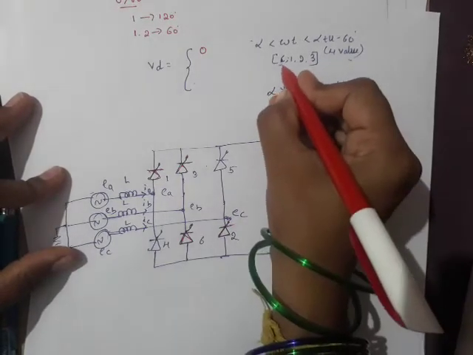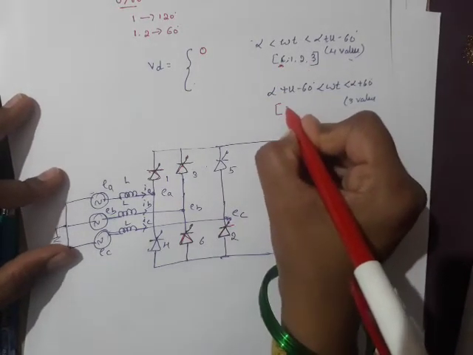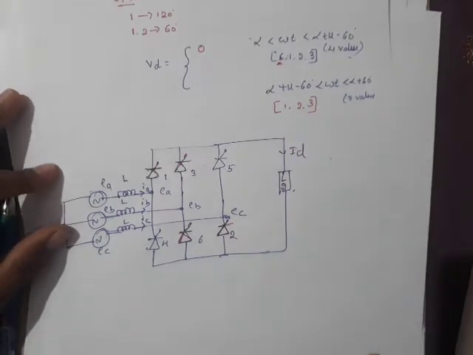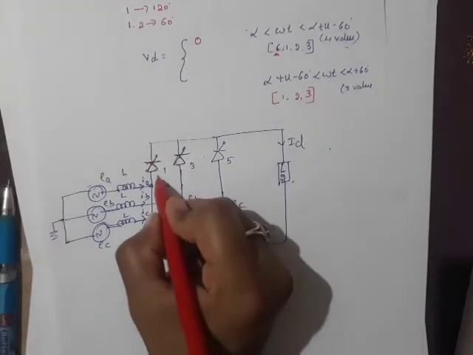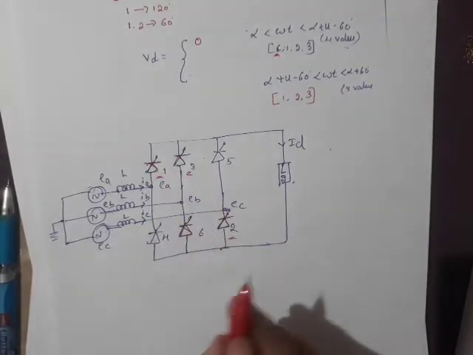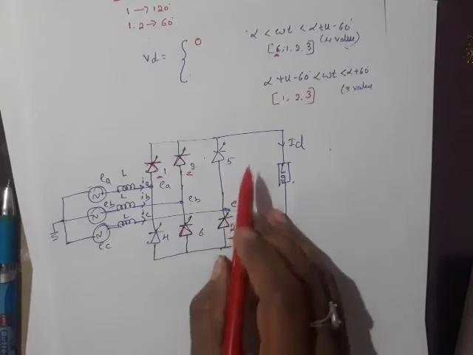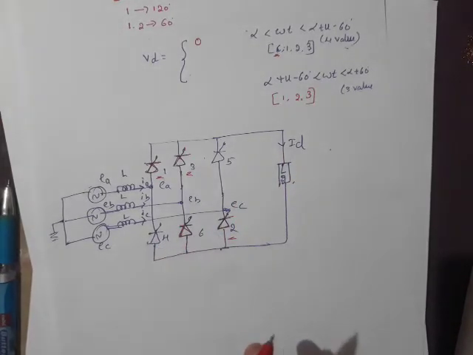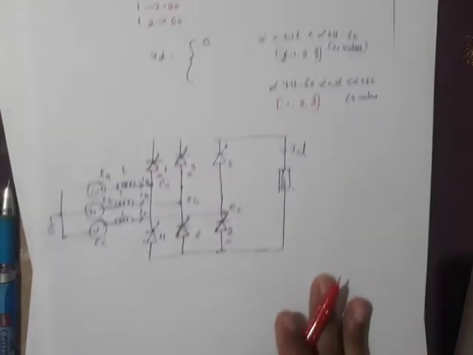Later valve number 6 goes out of conduction. We remain with valve number 1, 2, 3. Valve number 1 is conducting, 2 is conducting, 3 is conducting. It is not a short circuit because since 2 is conducting, 5 is out of conduction, 6 is out of conduction, 4 is out of conduction. And what is the output voltage?